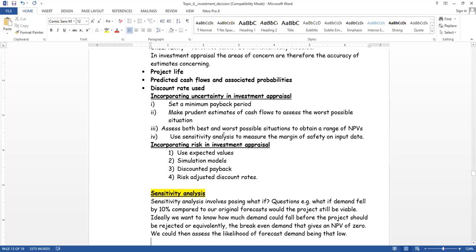Then assess both the best and worst possible situations. And then you can also use sensitivity analysis, which we're going to look at now. Then incorporating risk, you can use expected values. You can use simulation models, discounted payback, and then you can also use the risk adjusted discount rates or certainty equivalent